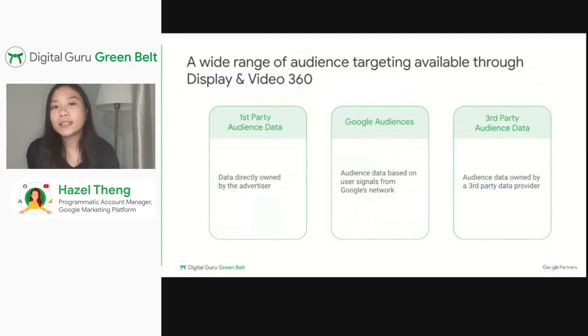So first-party audience data segments, what are they exactly? First-party audience data segments are essentially your advertiser's owned data, the brand-owned data, the most bespoke audience data that a brand can own. It's the most valuable audience data that any brand can have because no competitor would have access to the brand's own CRM or media activity data. It's really only the brand who has it. So it's what we call the most valuable data out there for any brand.